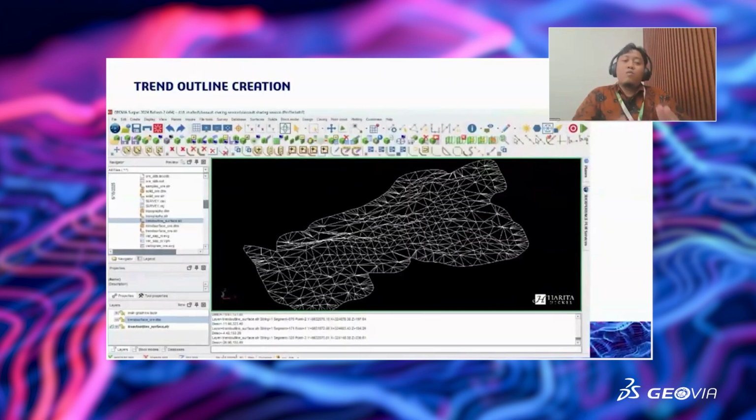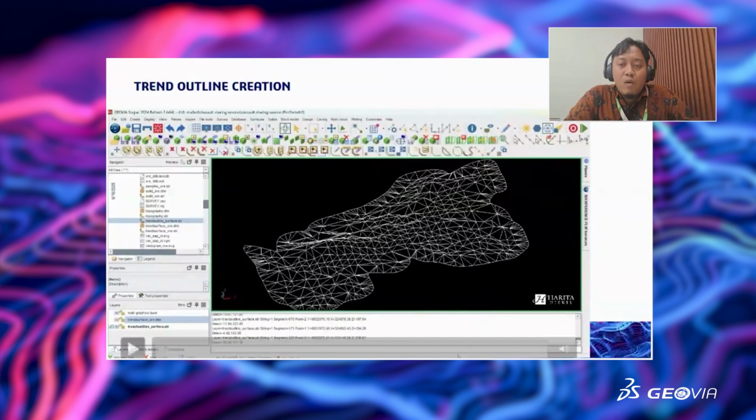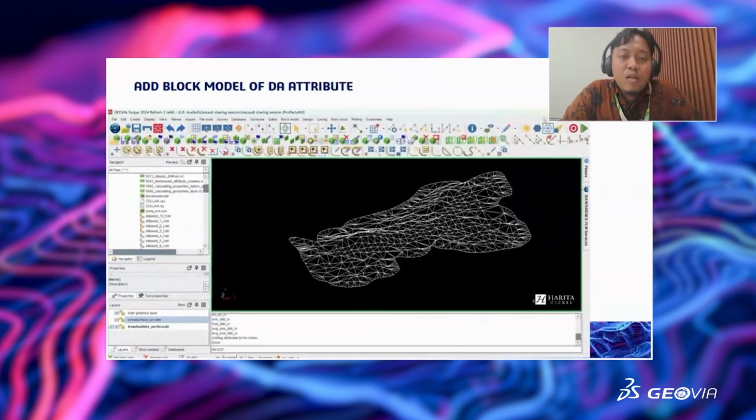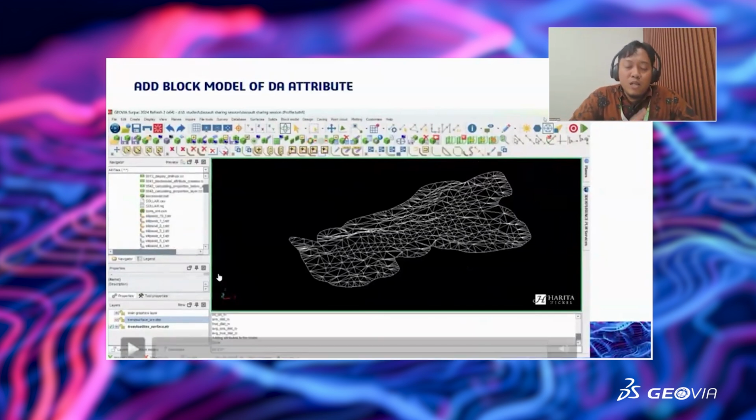And this string will be the parameter of our dynamic anisotropy attribute. After this I will show you how to add the dynamic anisotropy attribute to our block model.